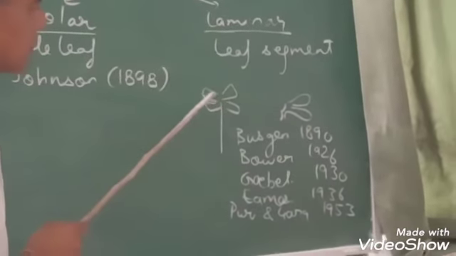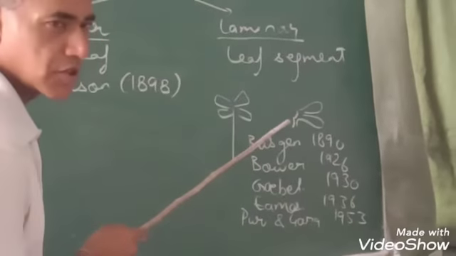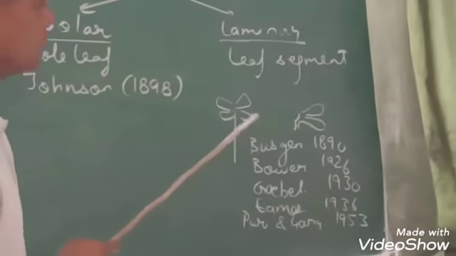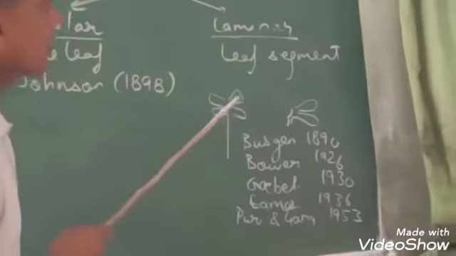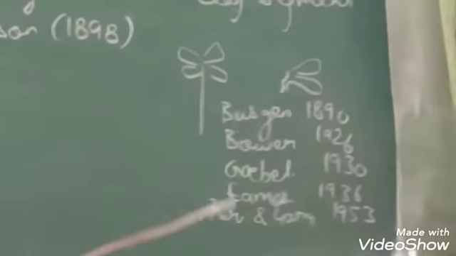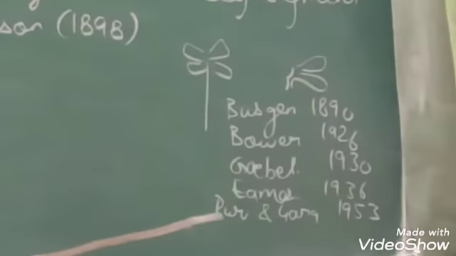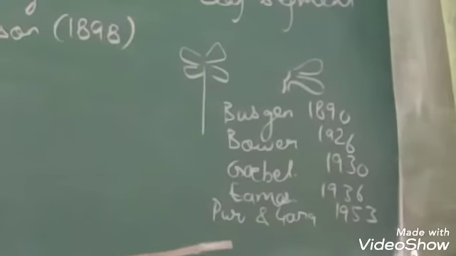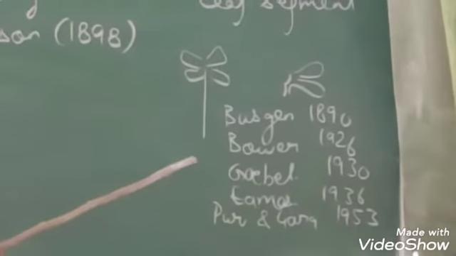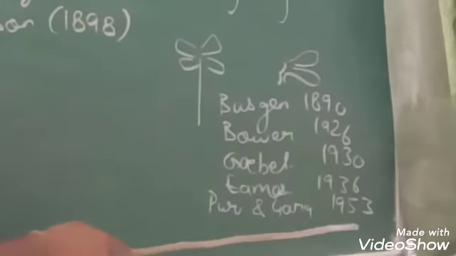These two leaflets have tubercles, which are teeth-like outgrowths, and these two leaflets having sporangia make the body of the sporocarp. Now this concept is accepted by a number of workers like Guzjan, Bower, Goebel, Ames, and Puri and Garg,